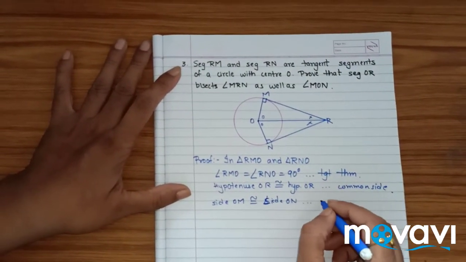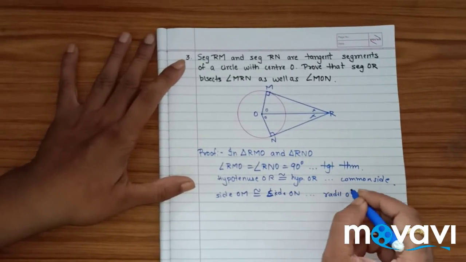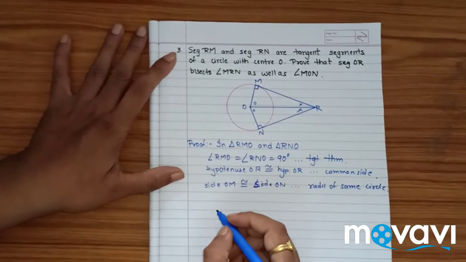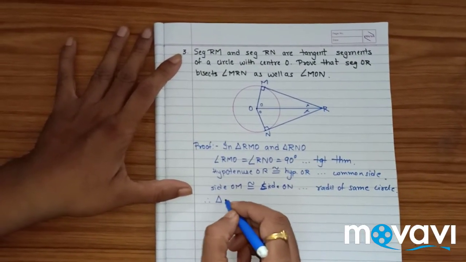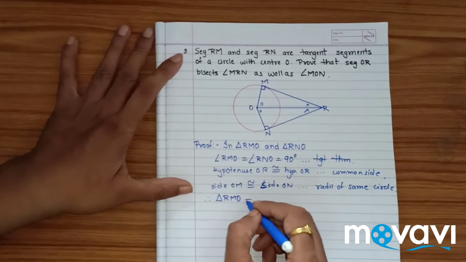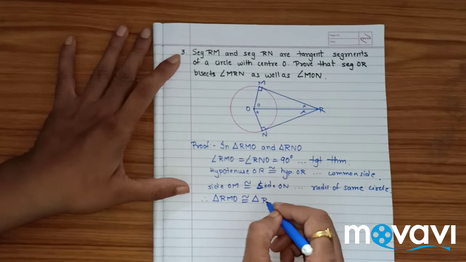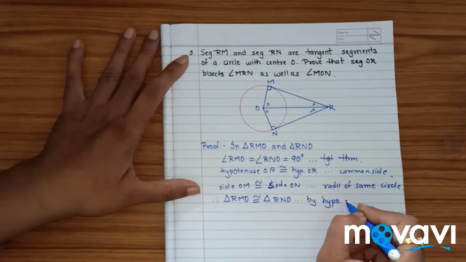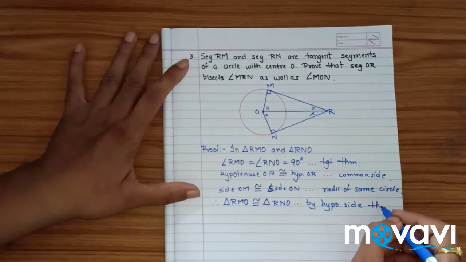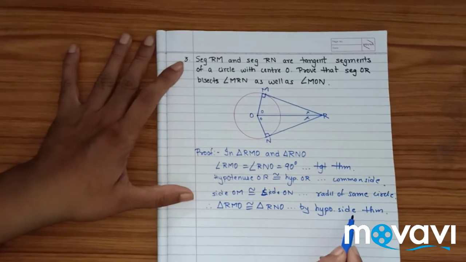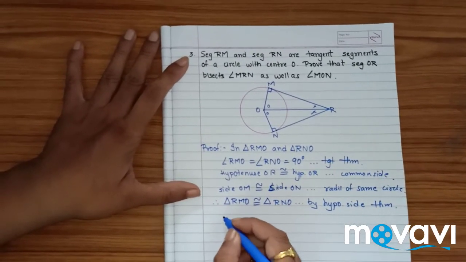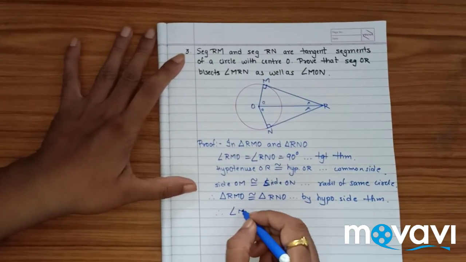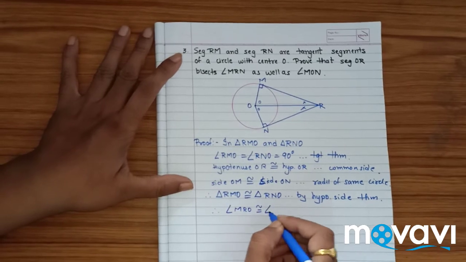Why? Because they are the radii of the same circle. Therefore triangle RMO is congruent to triangle RNO by the hypotenuse side theorem. Don't use short forms. Now if they are congruent, I can directly write that angle MRO is congruent to angle